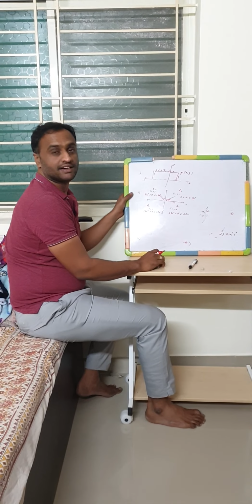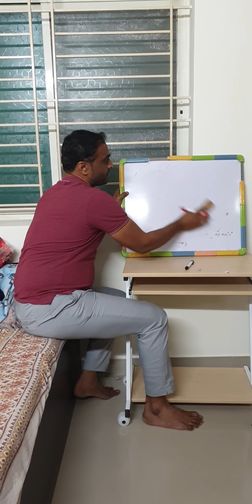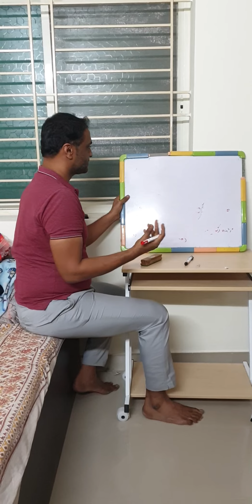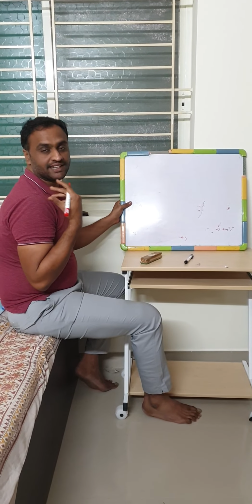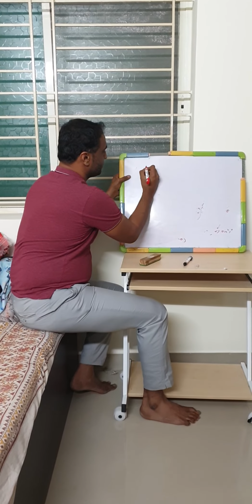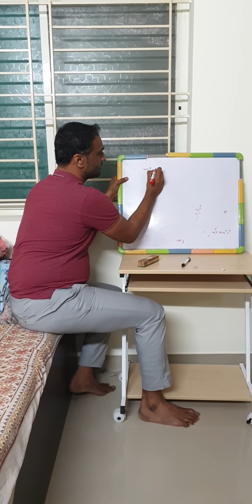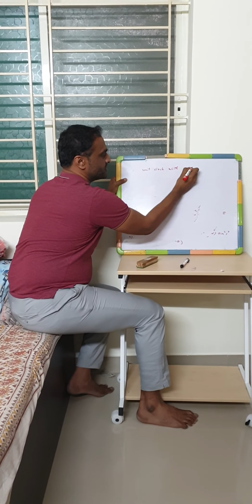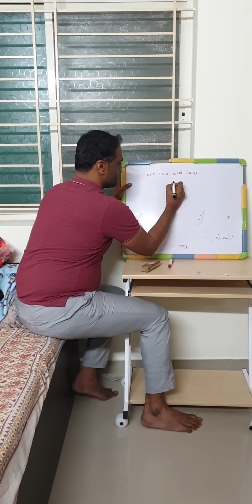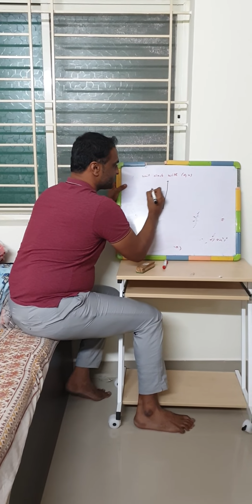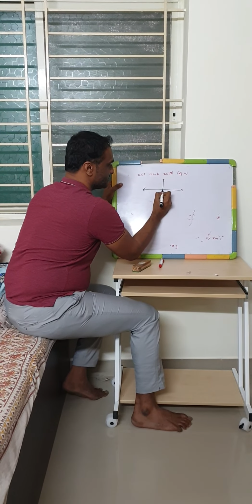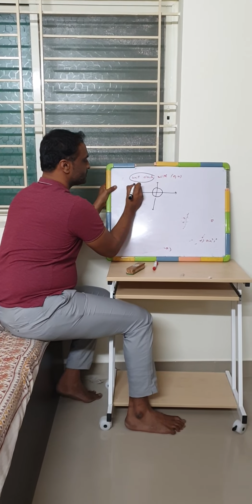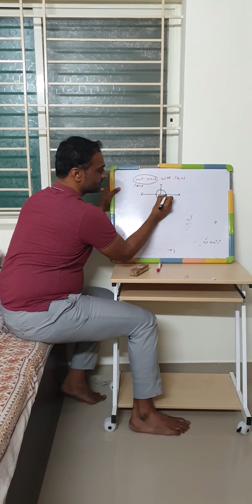So let's see the definition where you can find the solutions, you can answer with some visualization, right? So now I'm going to define sin theta and cos theta using a unit circle with center at the origin, 0, 0, right? So this is my coordinate axis and this is my origin. I have a unit circle. Once I say unit circle, it means the radius is equal to 1, right? So this radius is equal to 1.